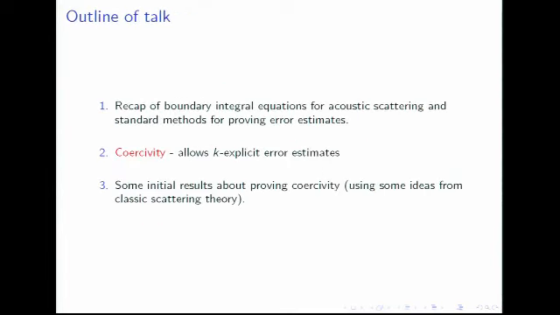So here's the outline of my talk. First, I'm going to give a quick recap on the boundary integral equation methods for acoustic scattering and the standard methods that you use for proving error estimates. Then I'm going to talk about this property, coercivity, because it appears this is the only way to obtain these k-explicit error estimates for hybrid methods. And not a lot is known about coercivity, so I'm going to then present at the end some initial results